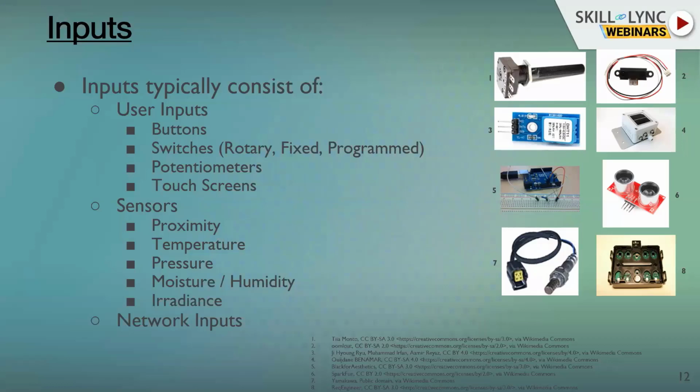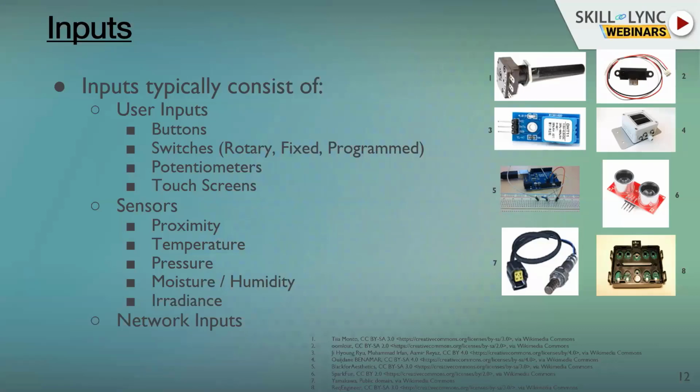And then you have inputs which are coming directly from physical quantities. So for example, physical quantities such as proximity or temperature, pressure, humidity, irradiance, a lot of other things that you can have sensors for. There are vibration sensors which are used in seismic devices. Like you must have heard that they say that there was so much Richter scale earthquake, right? So these are basically vibration sensors that are looking at how much vibration is coming in. Then there are also some network inputs. The inputs can also be over the network. You don't necessarily have to have a physical input every time.